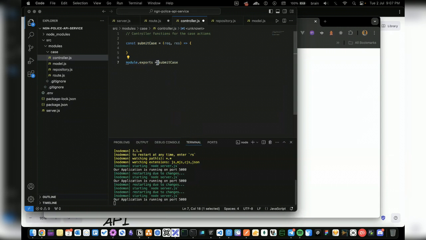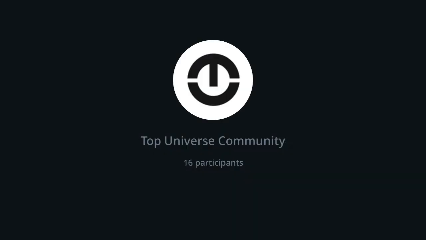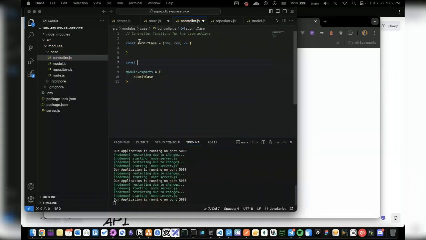I'll probably want to put this, yeah, not compulsory, but this works, right? I can also choose to export directly just like this without having to put this, but let's keep it this way. This is fine, so that if you have like getCase, you can also do this, right? So you see, I'm able to separate all these things, and I can just have getCase here. So it's a very smooth way to write code.